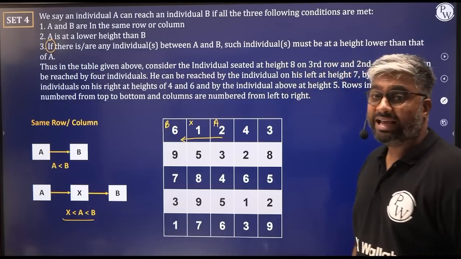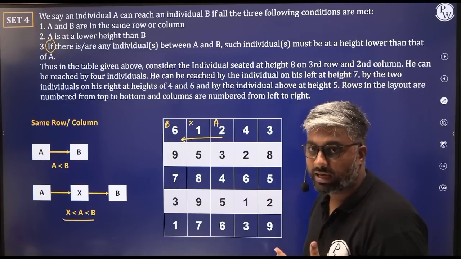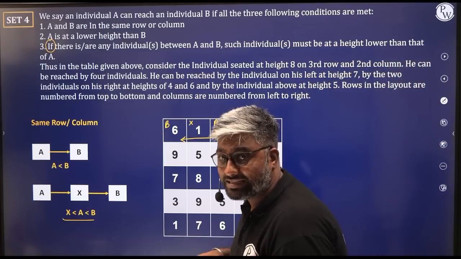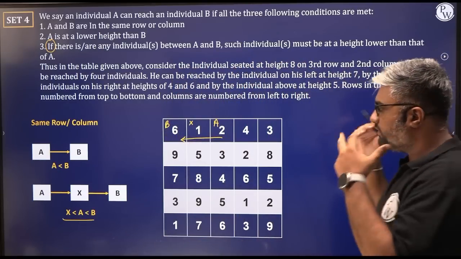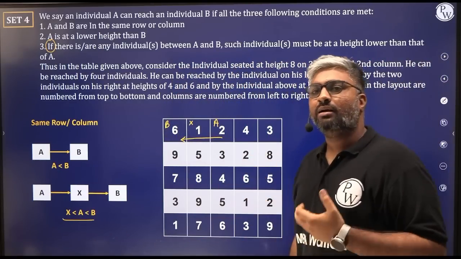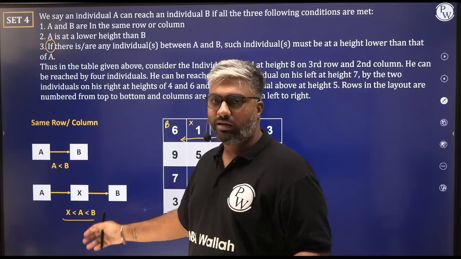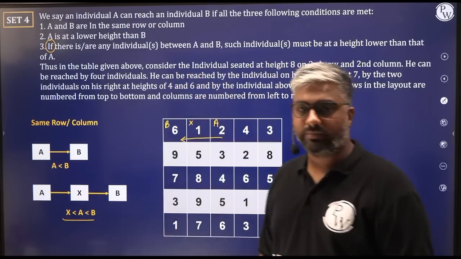Yes, so क्या हो रहा है? A से कोई पर्सन नीचे उतरेगा, yes, and then X से ऊपर चढ़ेगा. That has to be the situation, right? So this is just the way of imagining नीचे उतरना ऊपर चढ़ना, but technically it is math, right? X has to be less than A, that has to be less than B.